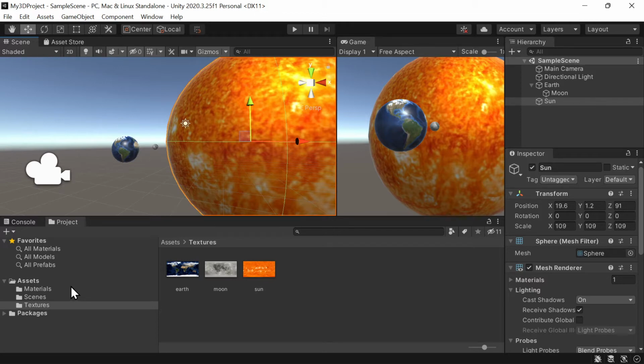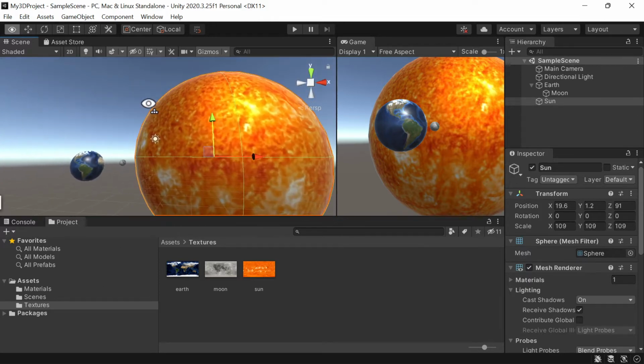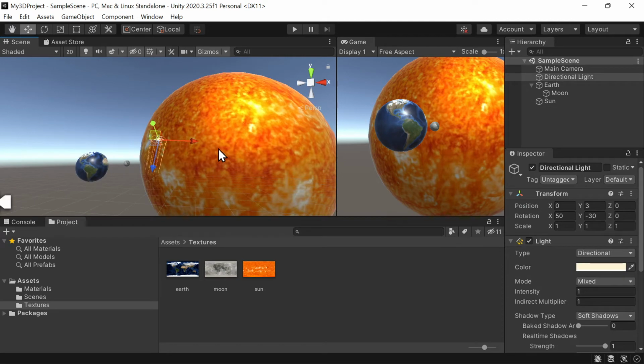There are two more things I want to change in the scene. One is I'm not so happy with the skybox, and the other thing is the light. I want to deal a little bit with the light just to make it slightly more interesting, not necessarily more realistic, but more interesting looking. So let us deal with the